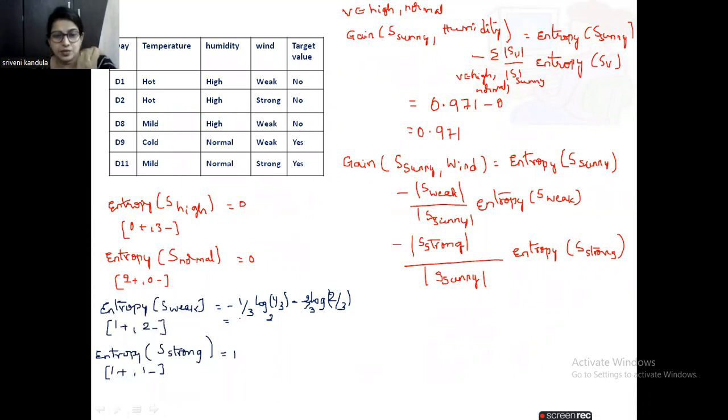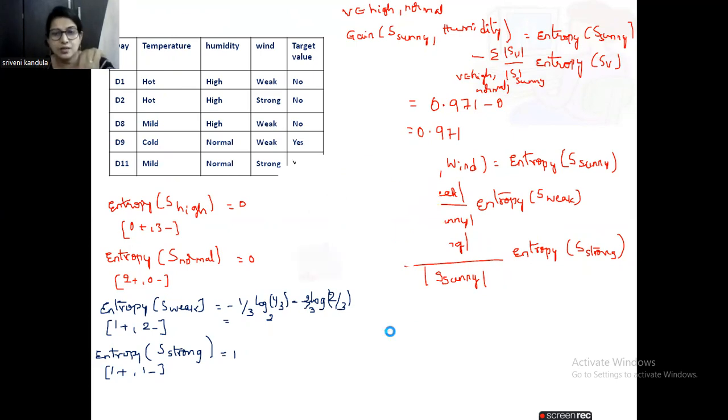So we computed 0.918. Next, under strong, we have one positive and one negative example. Its entropy is 1. So if you substitute all these values here, 0.97 minus, the third digit I just ignored, 0.918 minus 1. So if you simplify this,